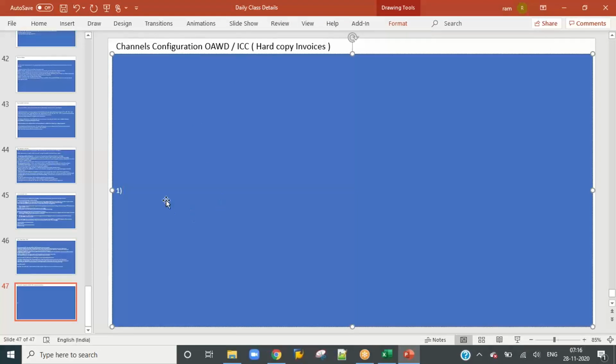So when we create the archive document type, from that time onwards we will go. First, if you already have an archive document type, then use that archive document type. If not, just create, whatever we created, right? So first we created some archive document types. Same thing, archive document type. Then